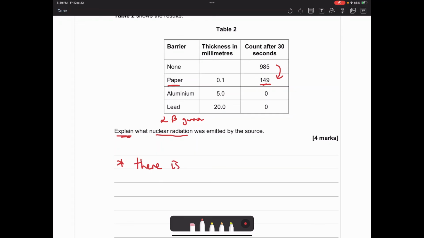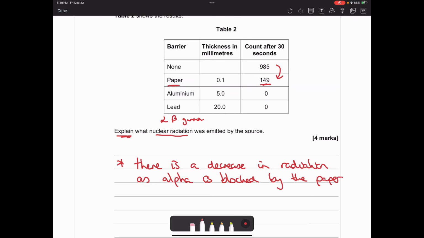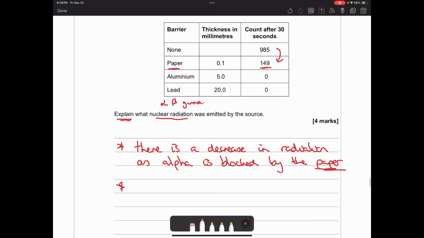There is a decrease in radiation as alpha is blocked by the paper. So I've clearly said that some radiation is being stopped by the paper, and that it is alpha. However,